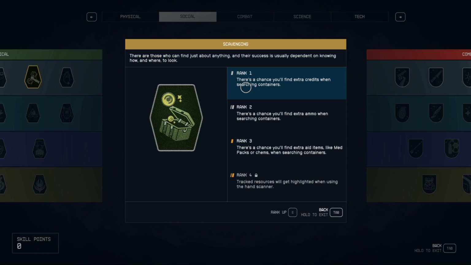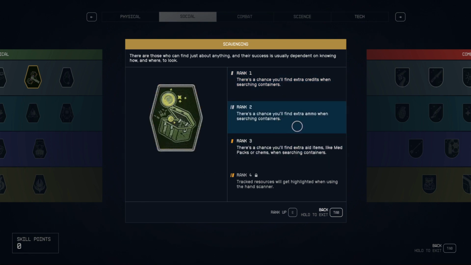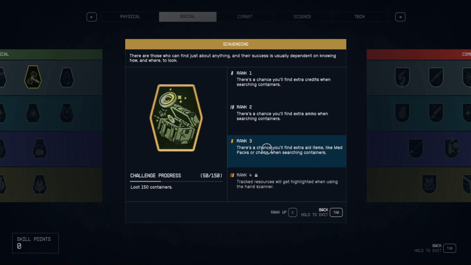Next we have scavenging, and right off the bat I'll say that overall this is one of my favorite perks in the game. Right off the bat, you're going to at rank 1 have a chance to find extra credits when searching containers, but then you're gonna be able to find extra ammo when searching containers, and if you're gonna be using guns in this game, you will go through a ton of ammo. This can really add up and help out where you're not gonna have to go and buy ammo from vendors nearly as much. And then really the key rank that you want is rank 3, where you're going to get